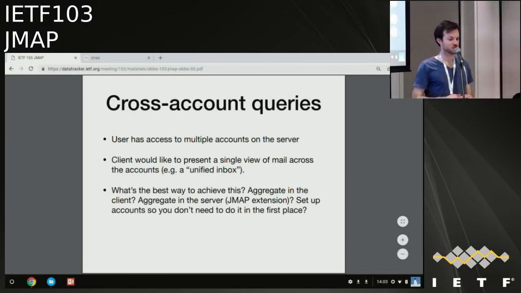So, cool. Well, in terms of action points, if we've got a couple of minutes, I might talk about how Fastmail used to do it. We had a thing called xconv multisort, which was an IMAP extension. It returns a list of folder names that the messages are in at the start, and then a list of tuples, which are a UID and a number into that folder name list for each item, which is basically tuples of account ID and ID within the account. That worked fine. Obviously, it's a much more complex data form that's being transferred across the wire, and it only works if all the accounts are on the same server.